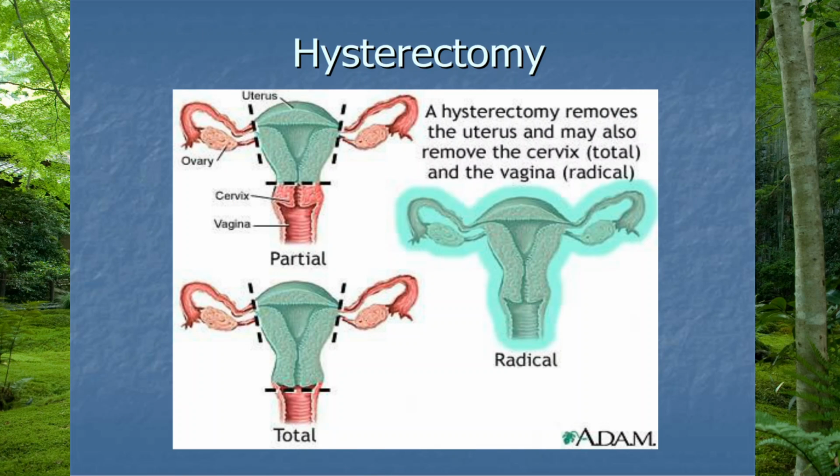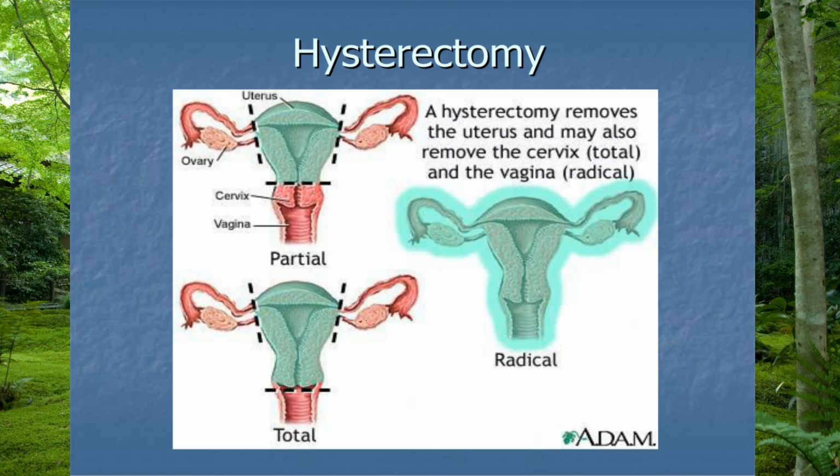While we're on the subject of the uterus, we should talk about a very common surgical procedure which involves the uterus called the hysterectomy. Now, a hysterectomy is surgical removal of either the entire uterus or maybe just part of the uterus. And either one of these procedures will render a female incapable of having children. So we can have a partial hysterectomy, in which case we just remove the fundus and lower part of the uterus. And we can have a total hysterectomy where we basically remove all the way down to the cervix,